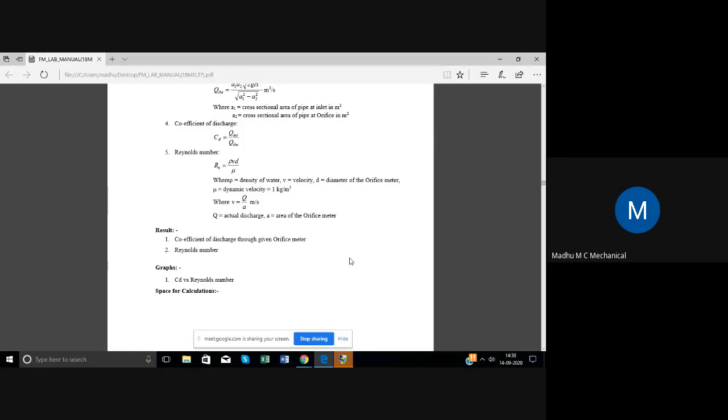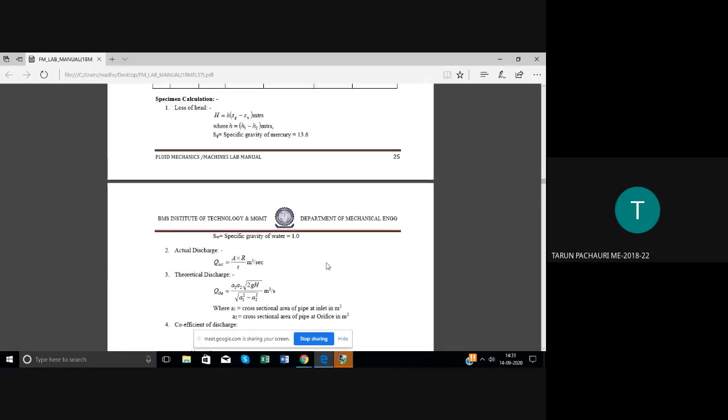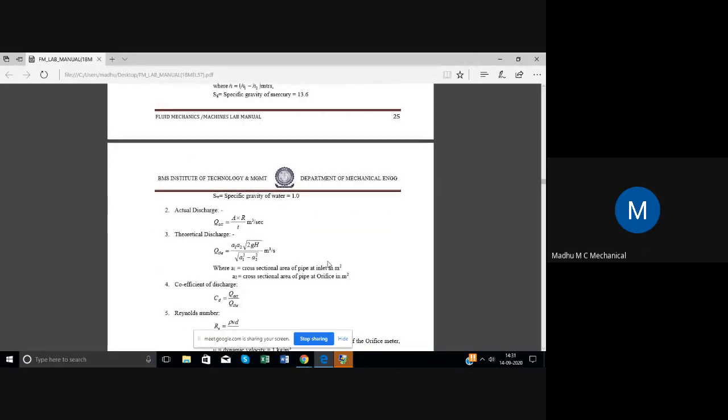You take mu as dynamic viscosity, not velocity. It is viscosity, equal to 0.1. So in Q actual, the R corresponds to the inlet 10 centimeter pipe rise. R is always 10 centimeter only, yes, 0.1 meter. Only the area of the tank is constant. R is constant. Only your time is changing. That's all in Q actual.